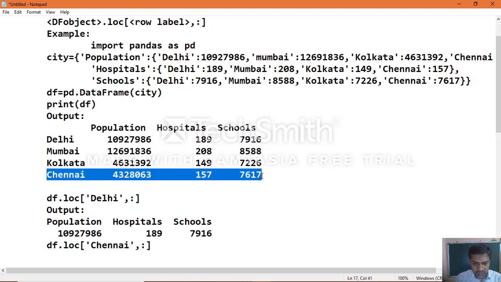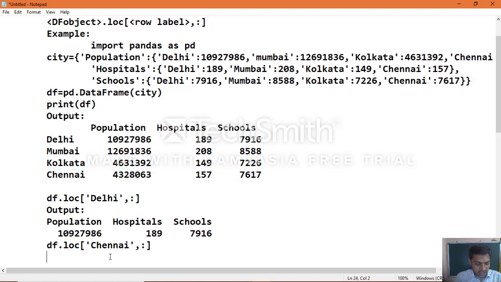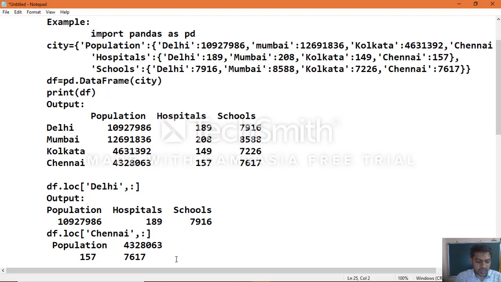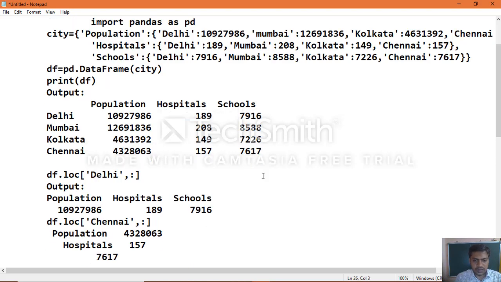Only this part which you will get as an output, column labels and the values. Okay. So Chennai you will not get here, you will get the population, then you will get here hospitals, then schools.